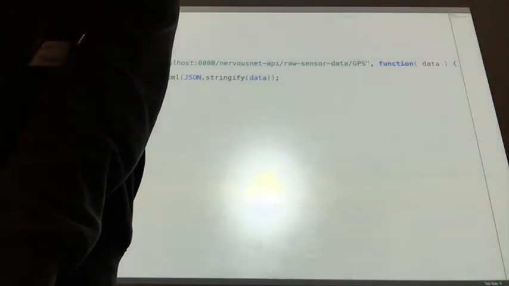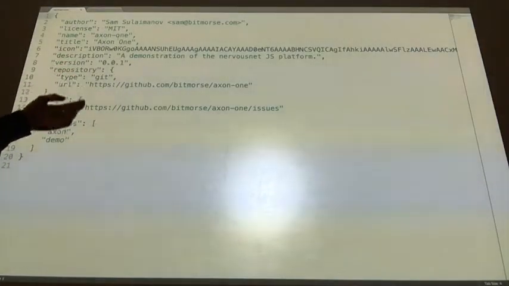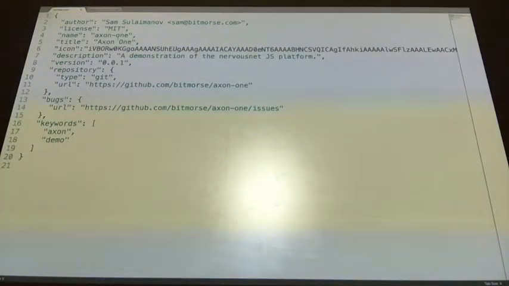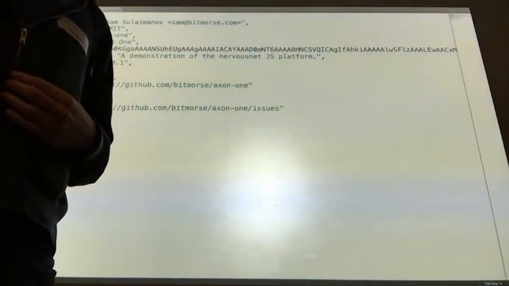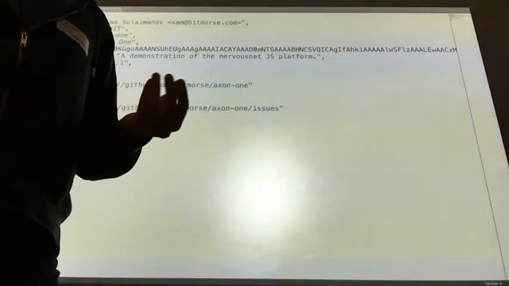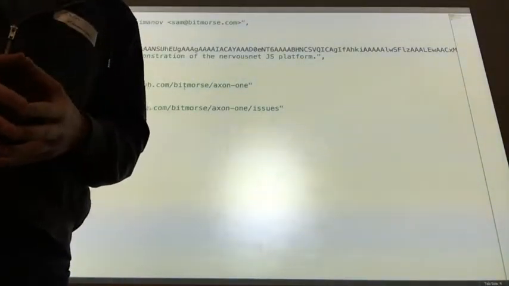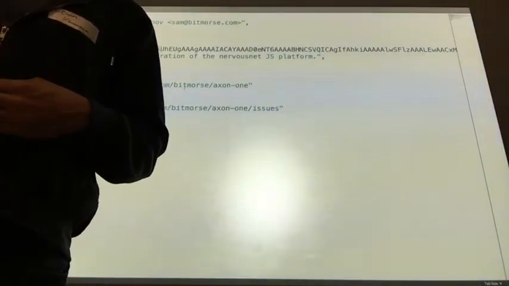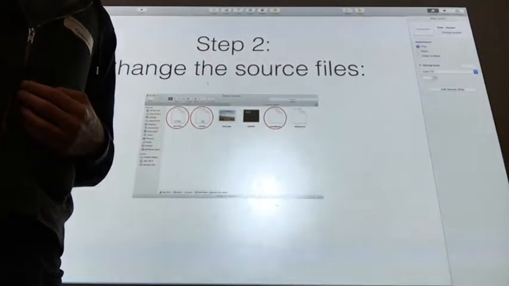The package.json is going to need to be modified by you in a certain way. So this is what it looks like. For the first time, we'll have some code. So it's basically self-explanatory. You just change the author, the name, the title to obviously whatever you would like your application to be called, and then link to the forked Git repository that you have created, so the code can be pulled from that repository